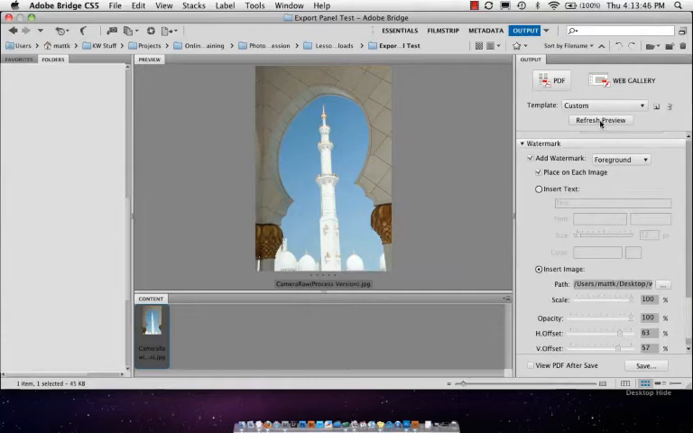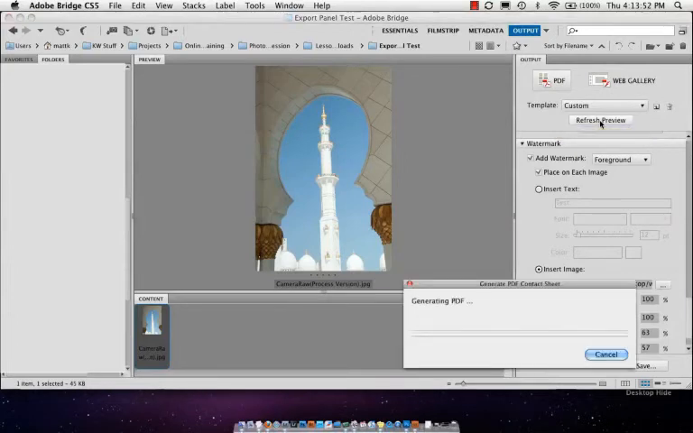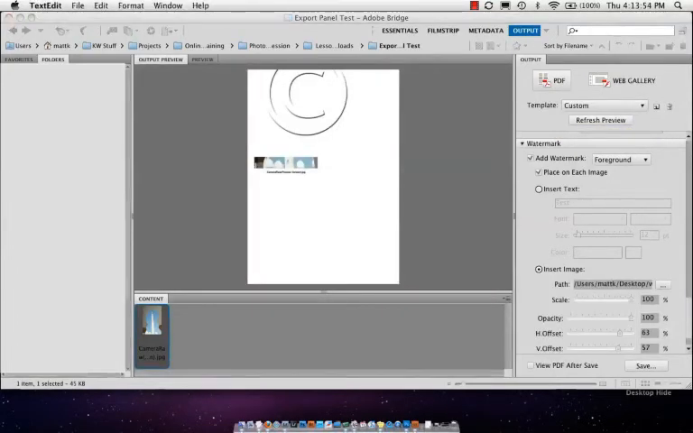Now, I will say this, I'm working on a beta version of CS5 because you're watching this when it comes out. So it's still a test version. So I'm going to refresh the preview. And for the most part, it usually does pretty good. But as you can see here, it's kind of gotten a little bit funky. So it's a work in progress, but my guess is by the time you guys get this,